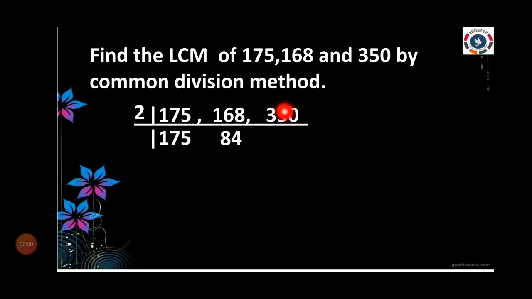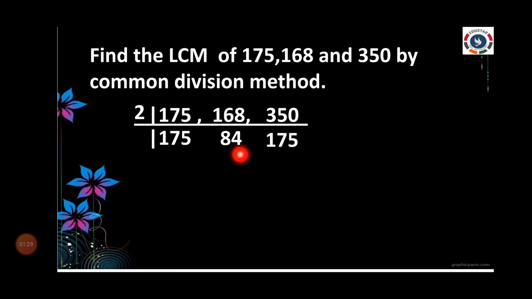That one remainder moves to the next value, so the 5 becomes 15. In 15, how many times of 2's are there? 7 times. So I want to write 7. Then we have one remainder in that: 7 twos are 14. That remainder you have to move to the next value, so the 0 becomes 10. In 10, 5 times of 2's are there. So I want to write 5. So totally we are getting 175.